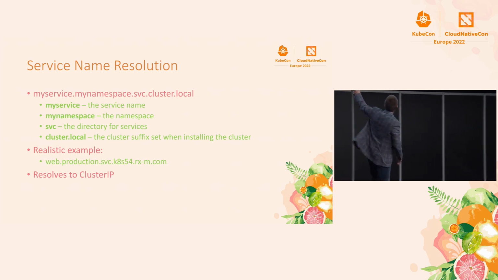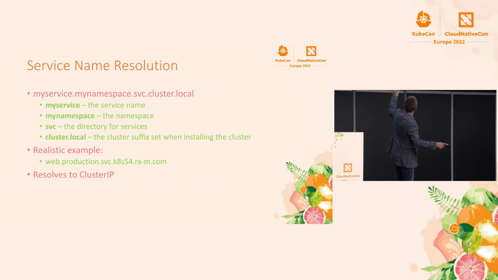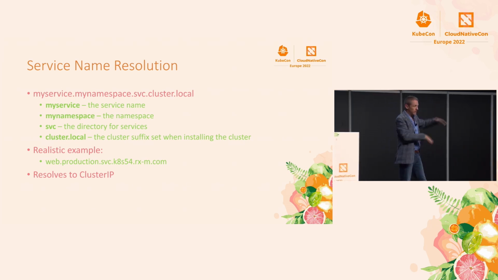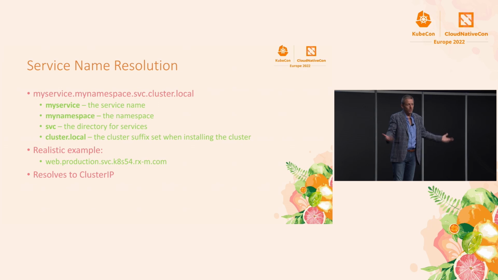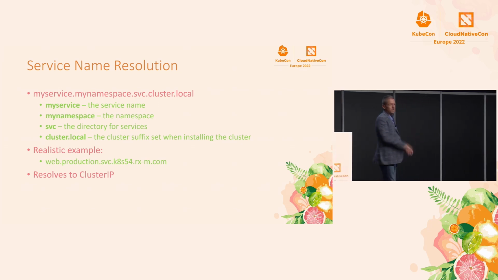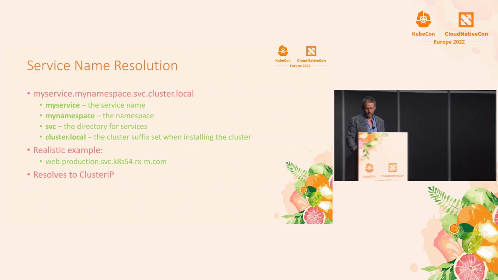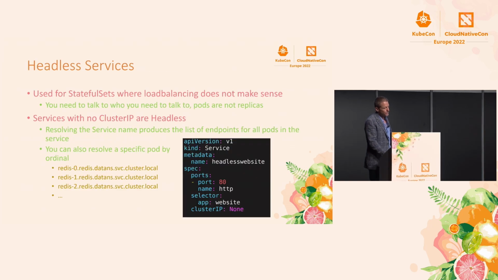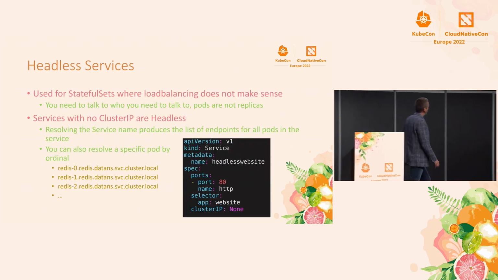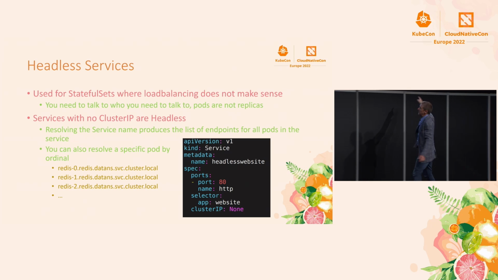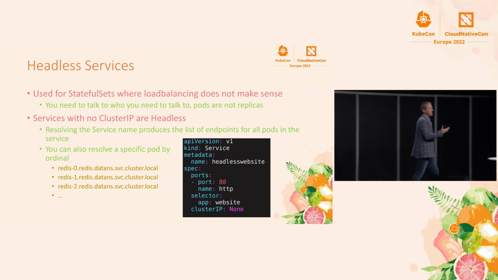Right? I could give the name of the service, the namespace in the cluster, the SVC, and then the cluster suffix. And as long as my normal computer networking infrastructure knows how to deliver that packet to that cluster, we've got connectivity. So headless services are another thing. We mentioned if you say cluster IP none, you'll get a headless service. Well, what happens in a headless service?